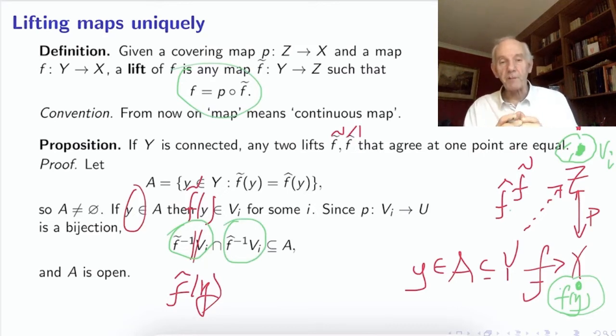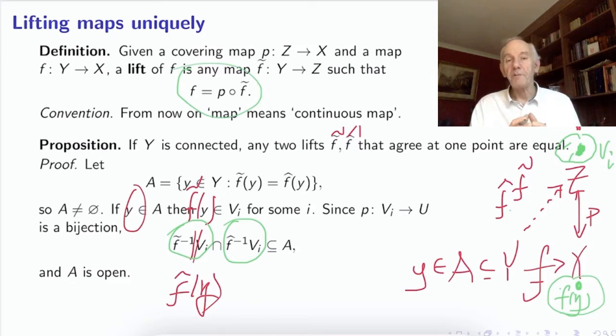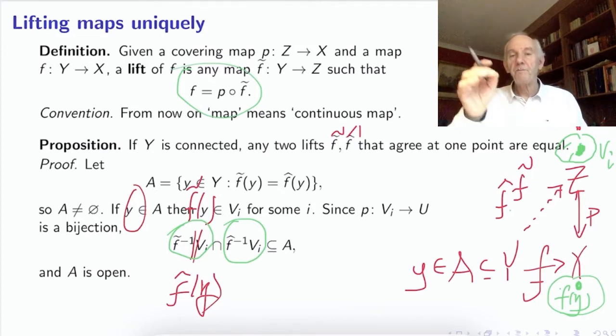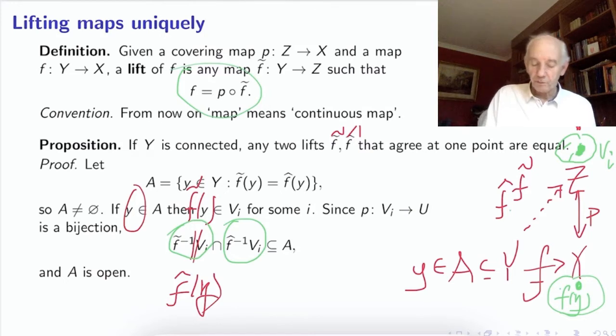So they agree on some open set A, and that means that A is an open subset of Y. Okay, so A is an open subset of Y, but then we could also look at points in the complement of A, that is, a point of Y where the two lifts disagree. And if they disagree, then it must be that one image is in one of these sheets